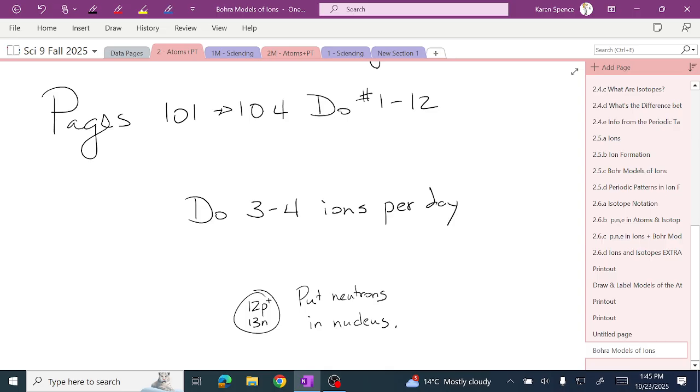So for the group name, you'll say what group is beryllium? Yeah. Yes. The ion symbol is